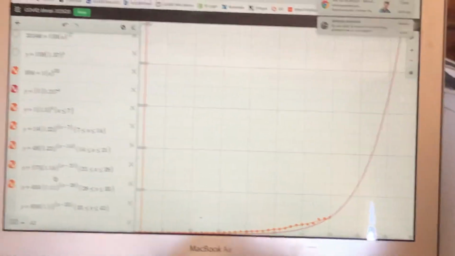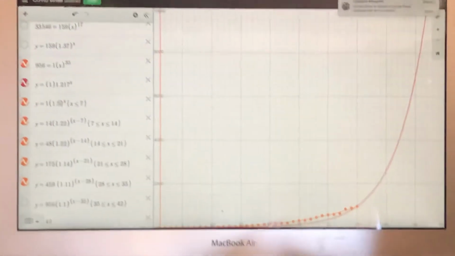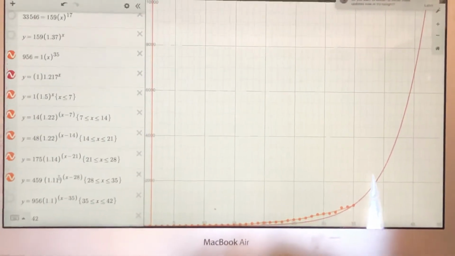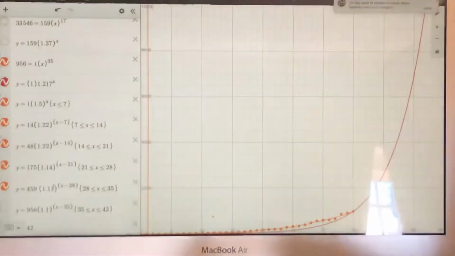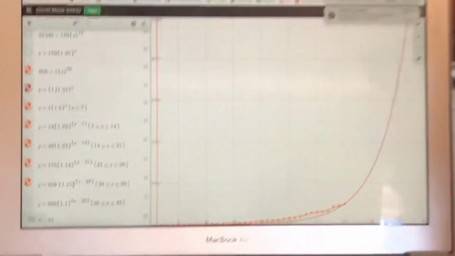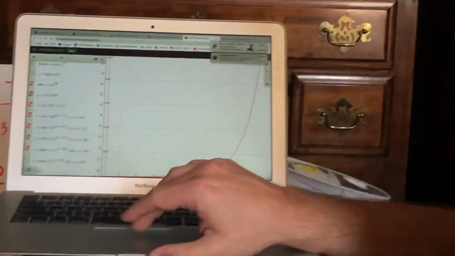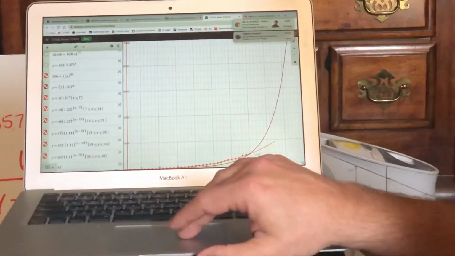But what I want to notice is that if we look at the way our growth rate has been going from 1.5 to 1.22, 1.22, 1.14, 1.11, it's decreasing. It's decreasing every time, except for the one time it stayed the same, but it never has increased. So I'm proposing that if we continue to shelter in place, if we continue to get a little bit better, and I'm not talking about a lot, I'm talking about a 1% weekly decrease. So we go from 1.11 to 1.1. We'll see that it makes a big difference.